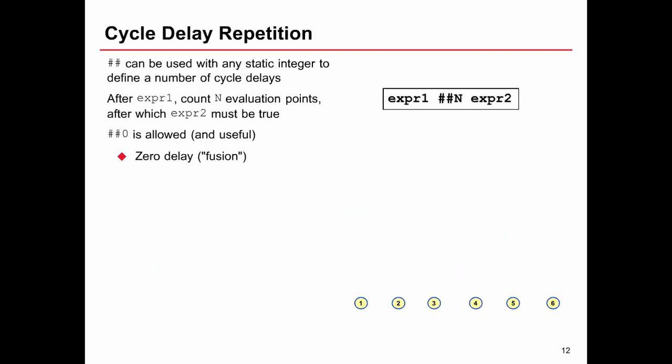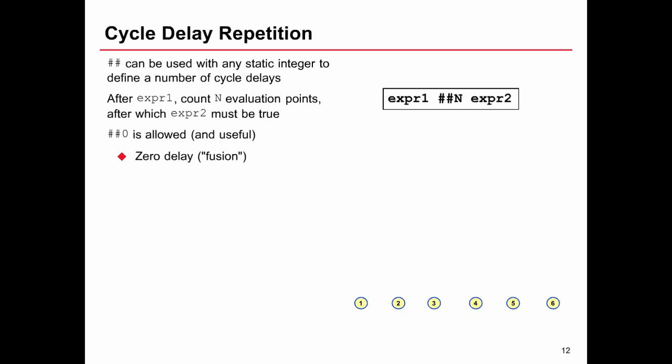So all of the examples we've seen so far when inserting a delay in a sequence have been ##1. But the 1 could be any number, including 0, which is useful, and we'll see how we can use that later. So what ##n will do is wait a number of cycles before evaluating expression 2. So basically it's a way of inserting a gap where no checks are done, and that's an important thing to